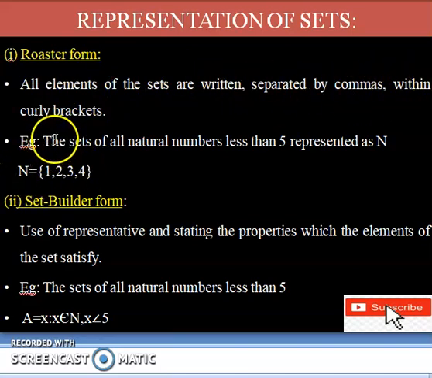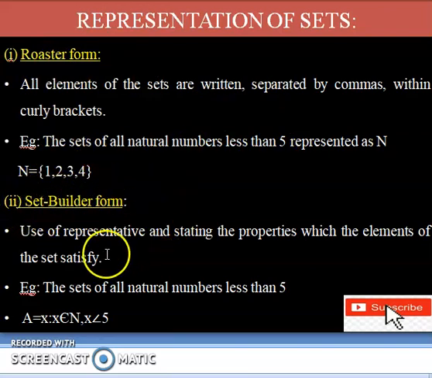For example, I want to write the set of all natural numbers less than 5, represented as N. It is telling me in the question. So how to write this in roster form? I know my set is a capital letter. So N is equal to, always we should have curly brackets and the elements should be separated by commas in case of roster form. So here it is telling me to write the natural numbers less than 5. What are the natural numbers less than 5? 1 till 4 are the natural numbers less than 5. So I'll write 1, 2, 3, 4. Why commas? Because in roster form commas should be there.